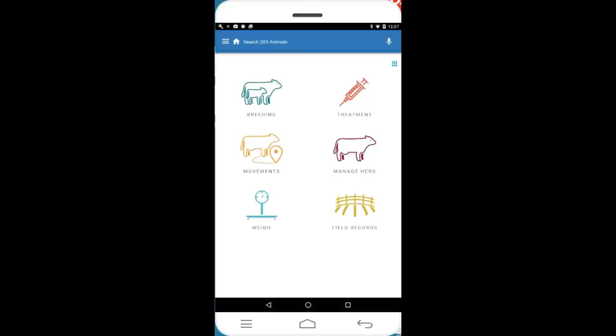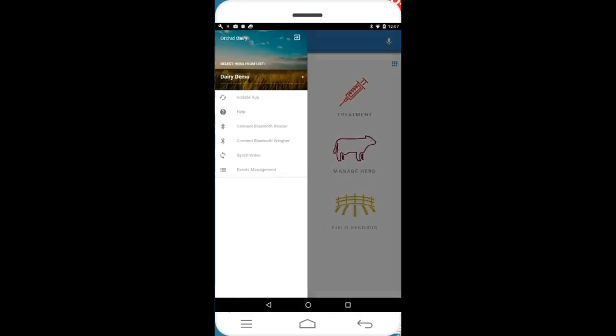Take a further look at the functions on the sidebar. I'm going to tap on the burger icon at the top left hand corner. That pops out the sidebar, and what we've got here is the ability to, as well as doing synchronization and viewing of recorded and pending events on these 2 navigation items here, we've also got the ability to connect Bluetooth devices. We can update the app, and at the top right there we've got the ability to log out of